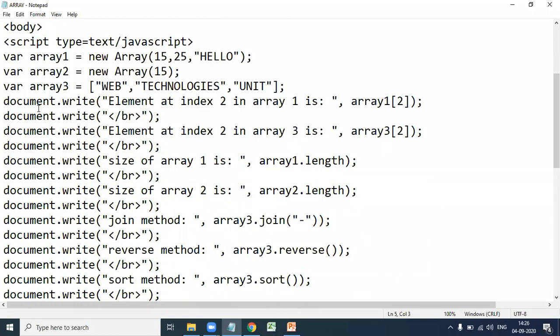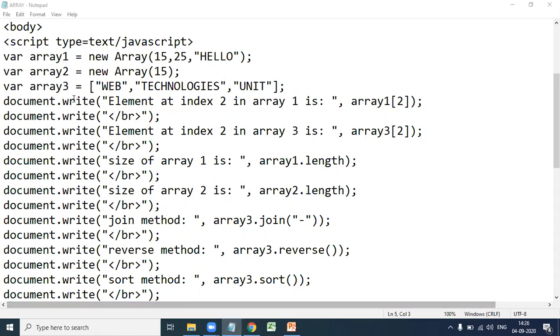Next, we create three arrays: array1, array2, array3. Array1 is created using the new operator, new Array of 15, 25, hello. So there are three elements in array1, and the size of array1 is 3.